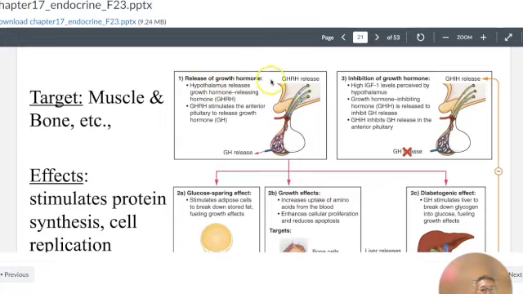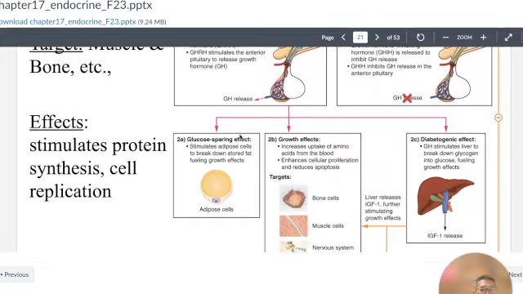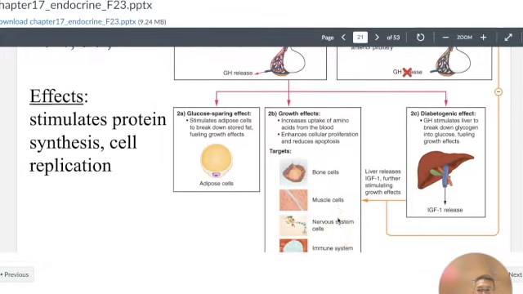Release of growth hormone. Hypothalamus releases growth hormone by releasing growth hormone releasing hormone. Okay, so the growth hormone releasing hormone will cause growth hormone to be released. Okay, it stimulates the anterior pituitary gland to release growth hormone. Okay, then it will have a glucose sparing effect. Okay, growth, bone cell, muscle, all these things. Okay,